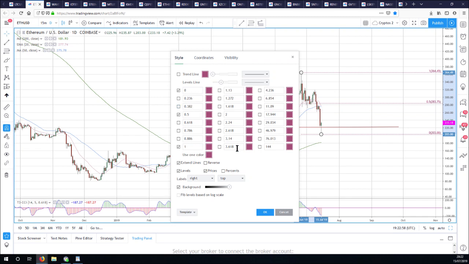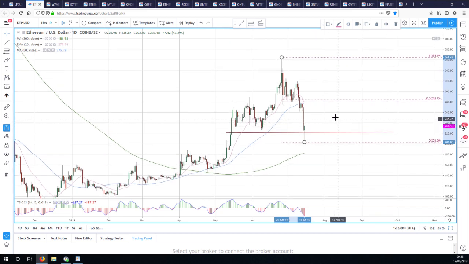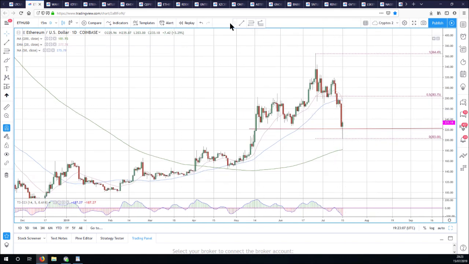So on this bounce in Ethereum, if we go more than 50% of the big down day yesterday, so this big red candle here like this, 247, if we get above 247,